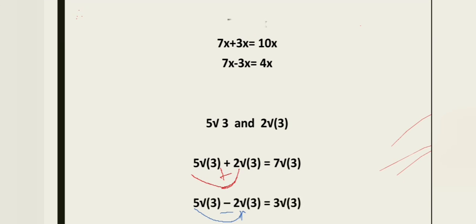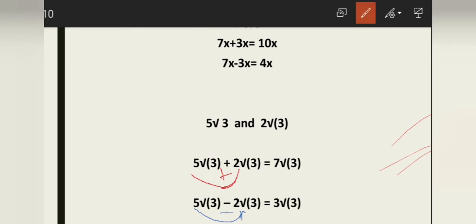polynomials. Whatever we did in the polynomials, in the same way we are going to add here also. In subtraction also we are going to do the same. So we should keep root 3 as it is. There will be no change in the root 3. You cannot add or subtract the numbers inside the root. You cannot write root 3 plus root 3 as root 6. It will not be 7 root 6. You just consider only 5 and 7. Just write this root number as it is without making any changes.